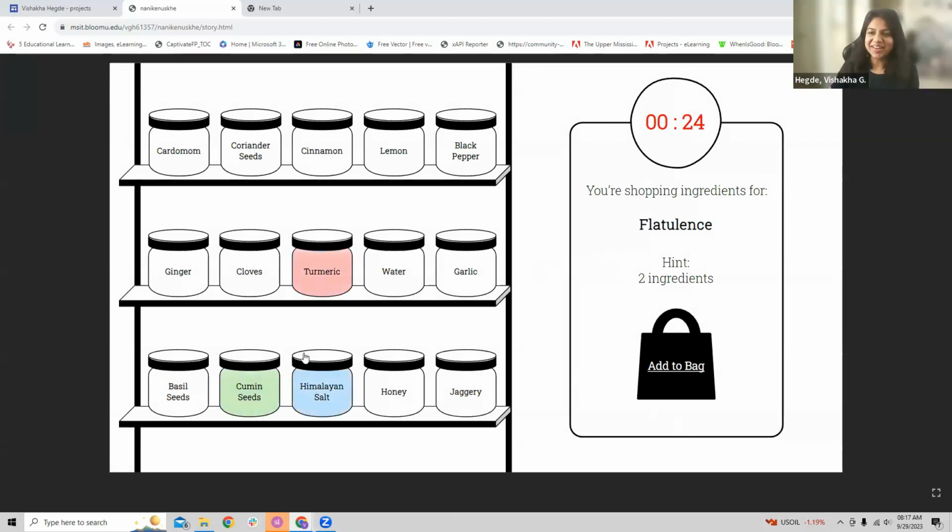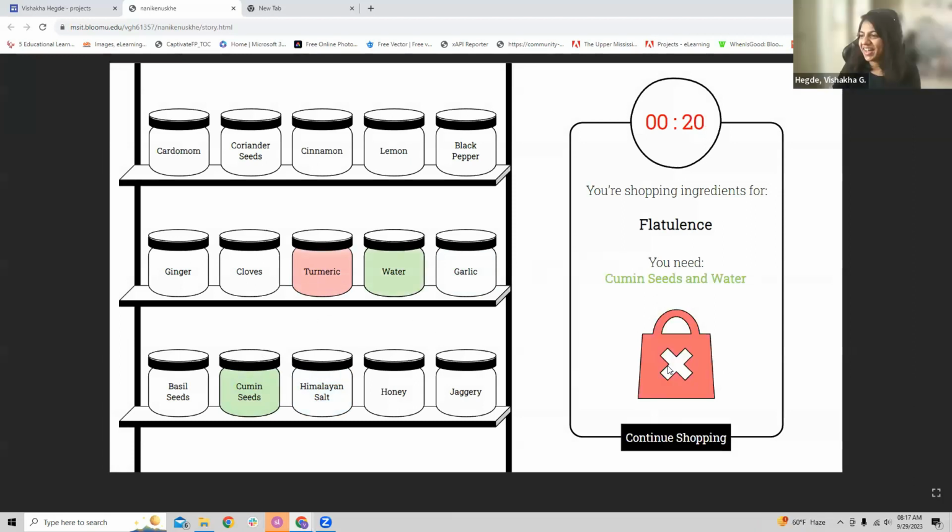Okay, you got one right. I got one. So you need to get coriander. Oh, God. Cumin seeds. Yeah. So you need to get both ingredients correct. I mean, according to the clues given, you need to get all of it correct, and